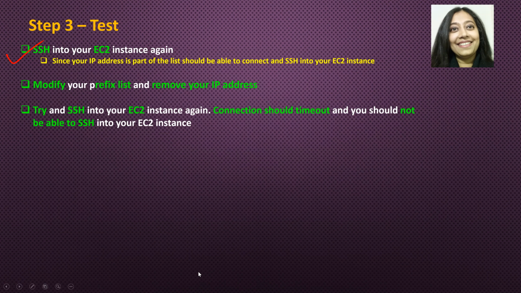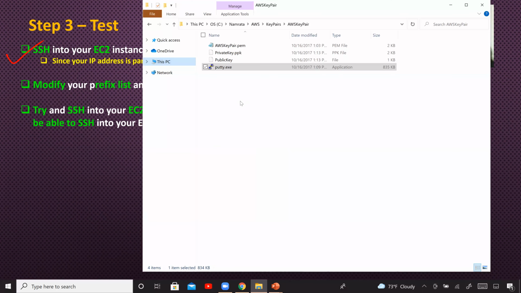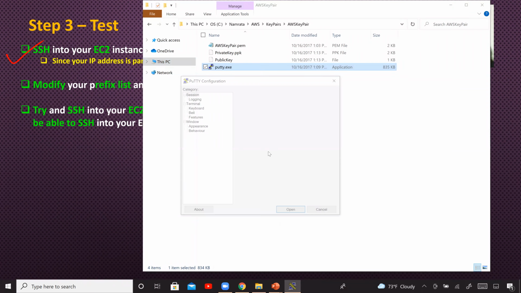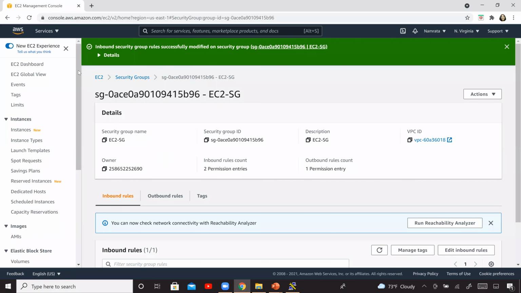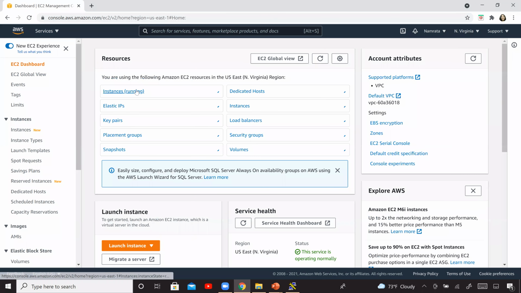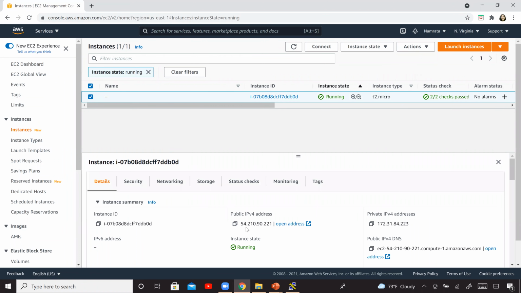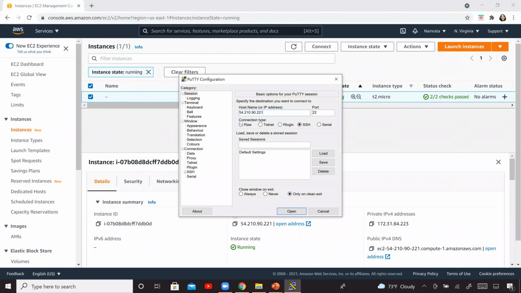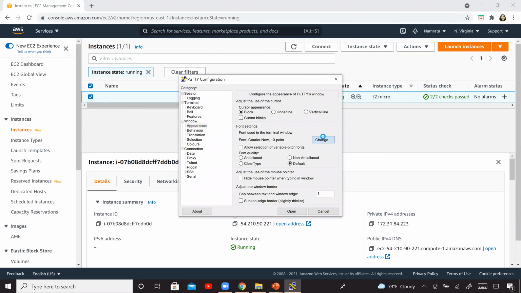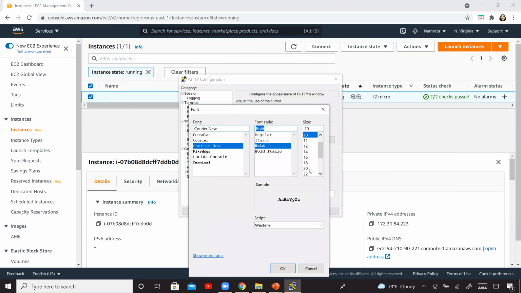I will close this old session, right? Start a new session. And then go to the EC2 dashboard, EC2 instances right here, and copy the public IP address and paste it right there. And we'll try and SSH into this all over again.